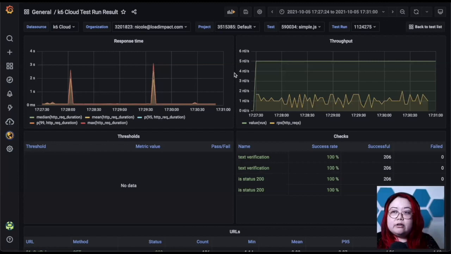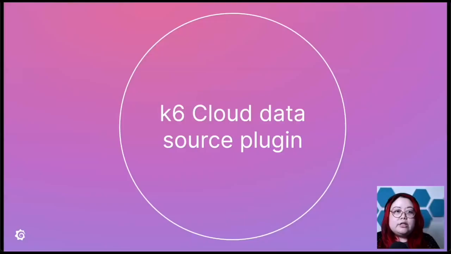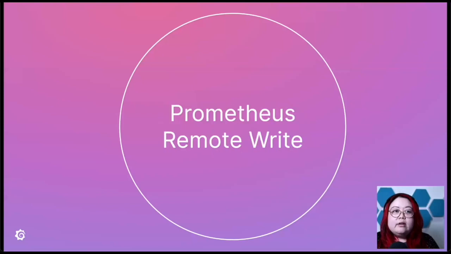So the next one is the Prometheus remote write extension. To show you that, I should talk about how there are two ways that you can use this. One is by using the UI for K6 Cloud, and you can also do it using the script. If you use the script, there's just a code snippet, and you will need to pass in the information like your Prometheus remote write URL and your API key and username. But what I'm going to show you today, just because it's more visually appealing, is how to do it on